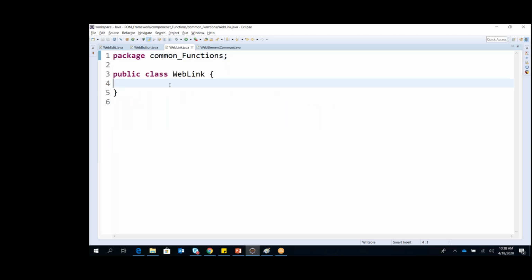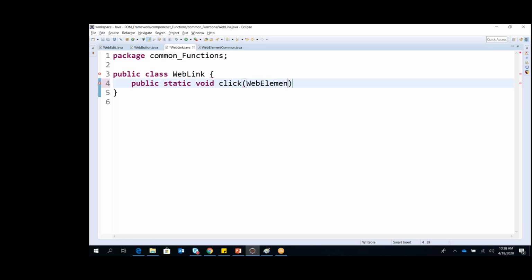Now if I go back to my web link, I have public static void, again click. If you can see, there are common methods, click within button and within link. So what we can do is create this click in the abstract class or in the interface, and you just implement that within your respective class. But to avoid that confusion, I'm creating it here only.